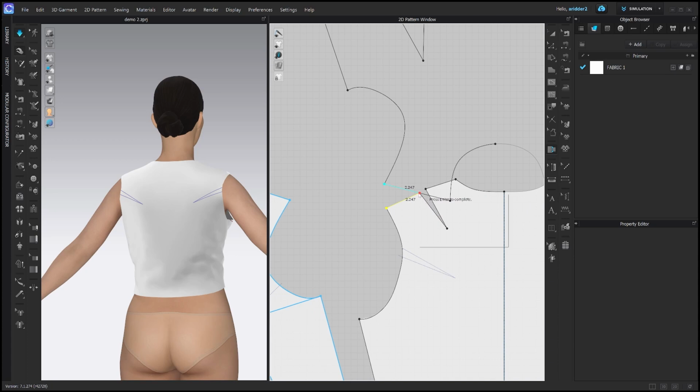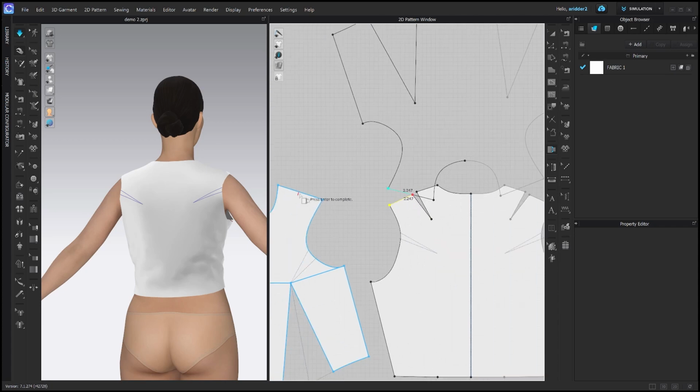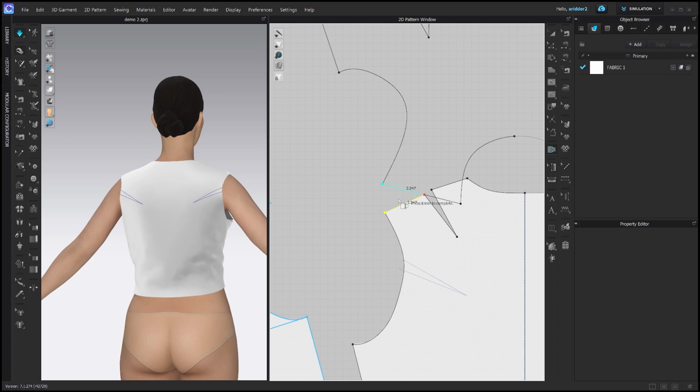And in fact, if I right click, I can add a notch to the walked pattern, and it'll add a notch to that pattern right there. See how it did that? So I know when I sew this together, that's where that dart goes. Very convenient. And while it's still here,